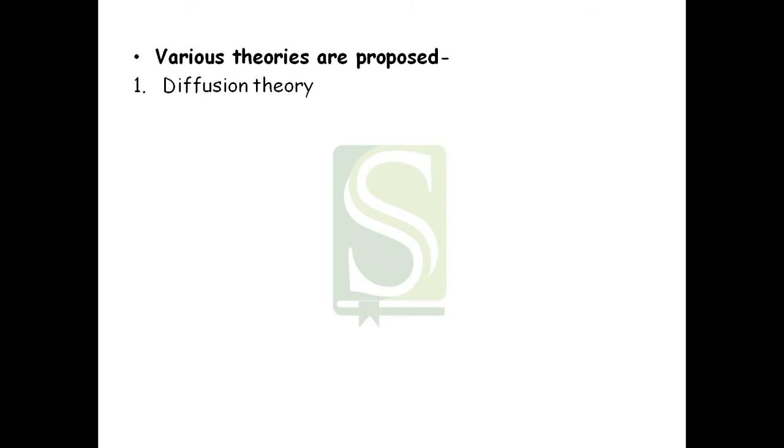So this theory assumes that much below the surface there occurs conversion of that moisture into vapor, and that vapor then diffuses through the surface of the material. The limitation of this theory is that it cannot predict the drying rate over a range of moisture gradients, and hence this diffusion theory is not much applicable. The limitation is that diffusivity decreases as the moisture content and the temperature decrease, while there occurs an increase in the pressure. Now the second theory is the capillarity theory.